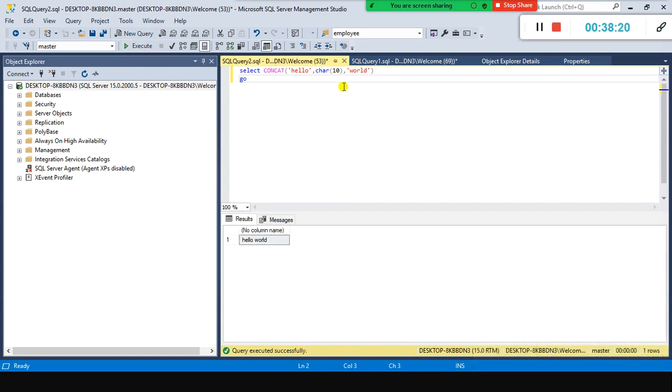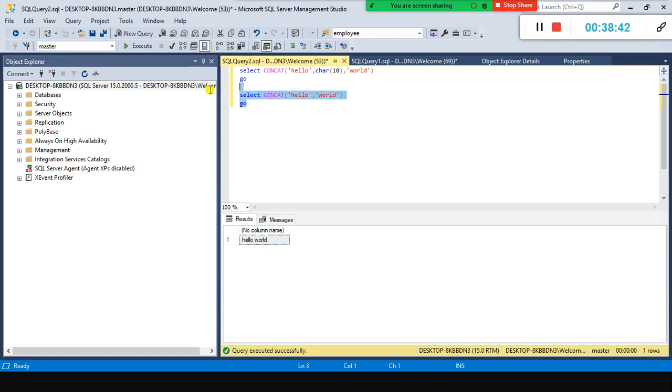Look here, though I removed the leading blank space here, now when I execute this with CHR 10, I can see the space. But if I remove CHR of 10, though these two strings got concatenated, in between there is no space.